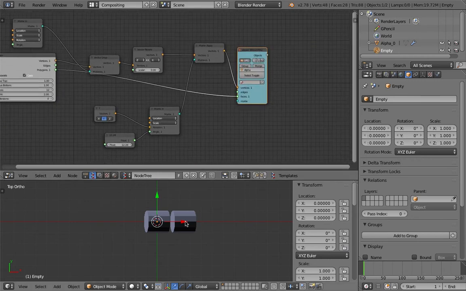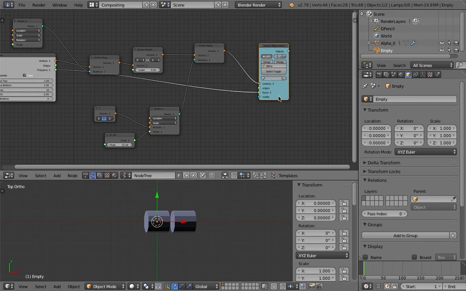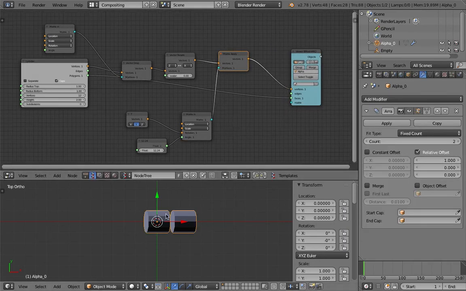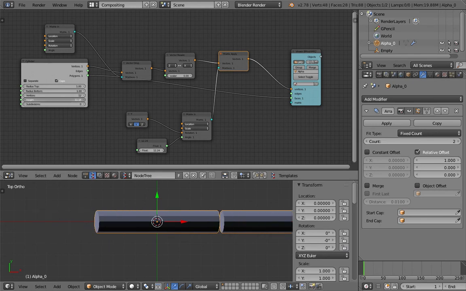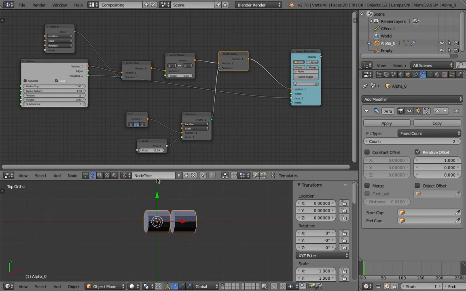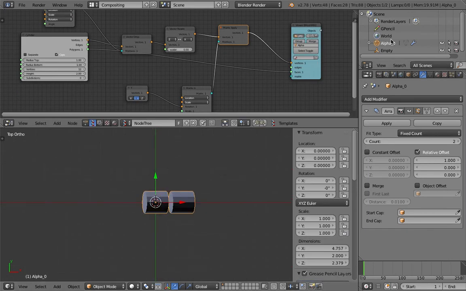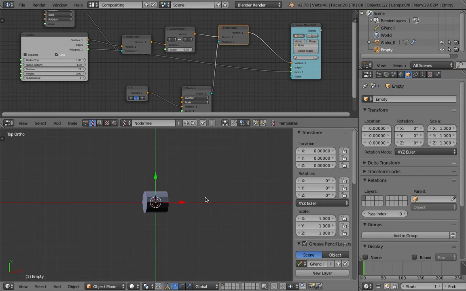And yeah, so that's a good thing, because with this we can now make changes in the array modifier, and we can control the original cylinder. Everything is very parametric, very procedural. We can now maybe get rid of the offset. I'll try with the empty thing and rotate it